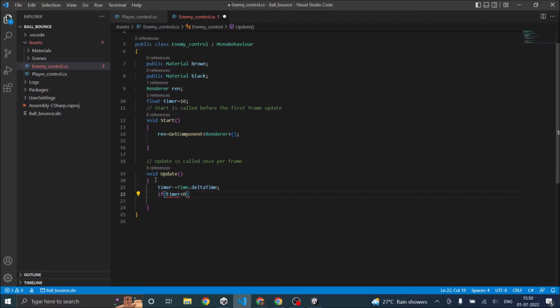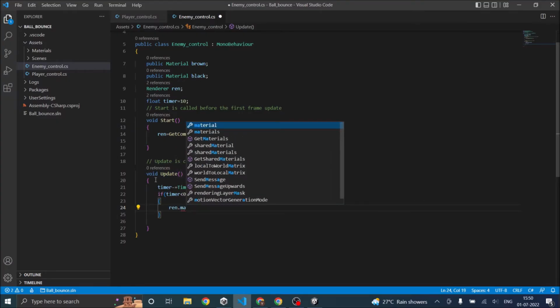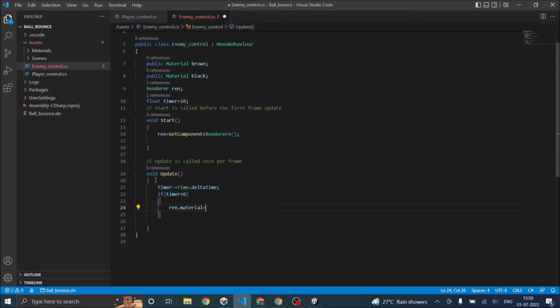Okay, so now if timer is less than 0, then we're going to say renderer.material is equal to black, and then we're going to say timer is equal to 10. Okay, then how do we set it back to brown? After again,